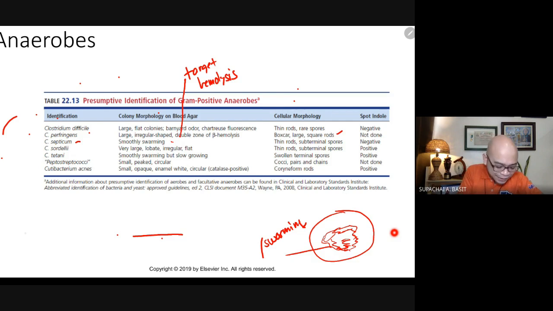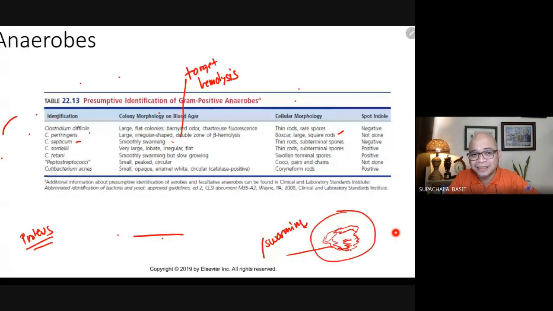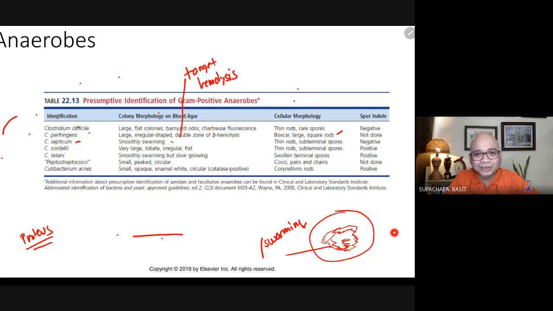One bacterium that is very known for swarming is Proteus, but I will be introducing them to you during the finals. Anyway, Clostridium septicum are characterized by thin rods with subterminal spores, and they are negative in spot indole. Clostridium sordellii would have very large, lobate, irregular, flat colonies